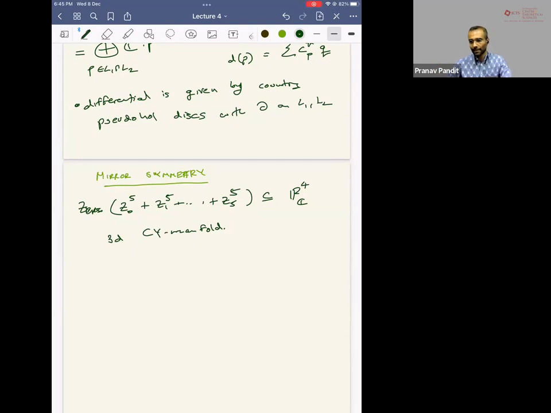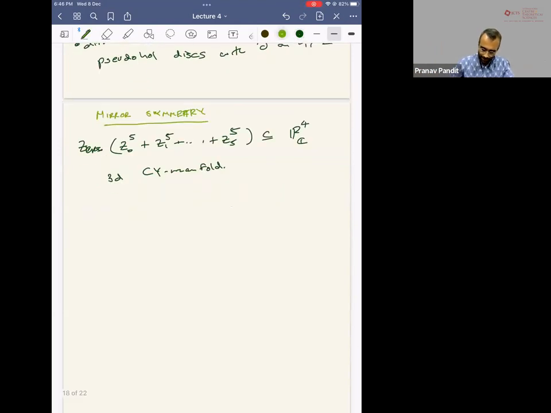And physicists were able to predict these numbers in the early 90s by using mirror symmetry. So they said that given this Calabi-Yau manifold here, we can construct this dual space such that the symplectic geometry of that dual space is the algebraic geometry of this space, and vice versa. And they were able to use algebraic geometry on one side, where you can write polynomials and compute things explicitly, to say what the number of curves is on the other side, right? So it's a very highly non-trivial prediction, but there was no systematic way to understand it. And so what Kontsevich did is he proposed the following thing. He proposed a program called